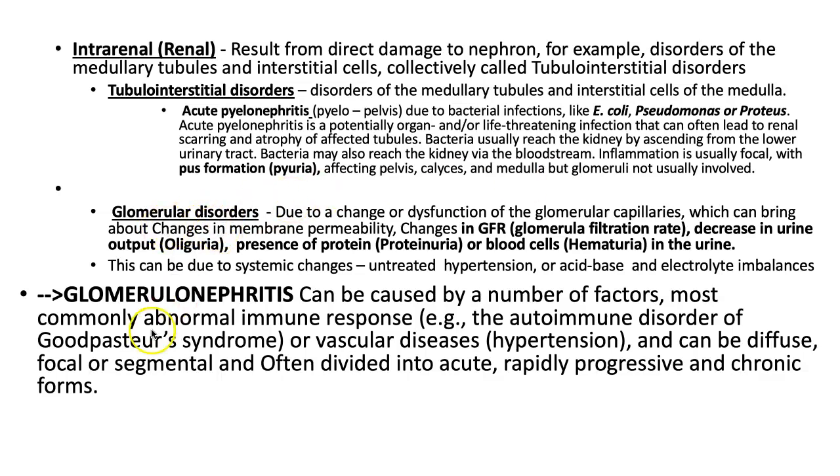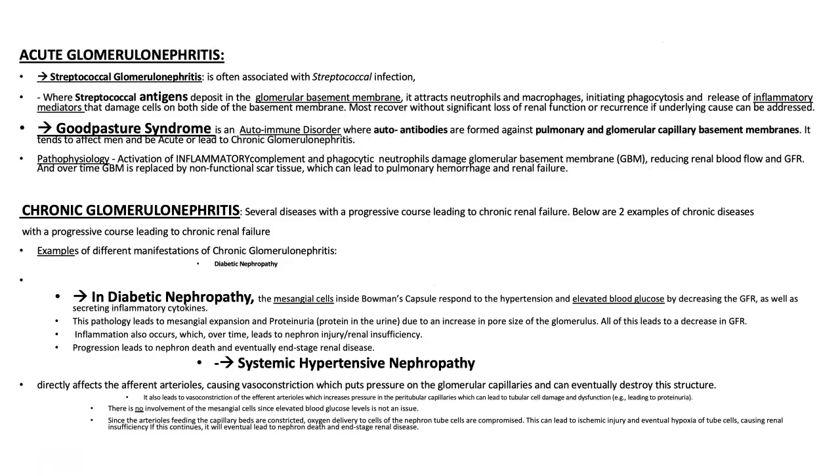Under glomerular disorders, glomerulonephritis is a kind of a term which refers to the filtration of a certain amount of plasma from the glomerular capillaries into Bowman's capsule. And then that filtrate would then go into the tube structure of the nephron, where you could adjust for blood volume and blood pH and electrolytes and get rid of toxic waste products and so forth. So the two types,